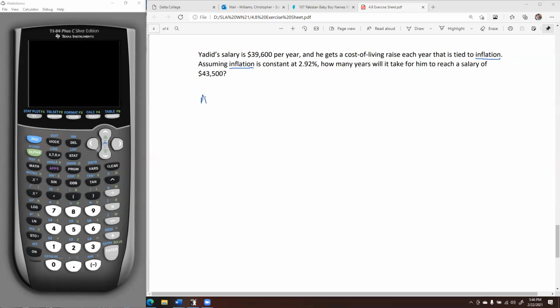And our inflation formula is A equals P times the quantity, 1 plus R raised to the NT power. You might also see it written as A equals P times the quantity, 1 plus R, simply raised to the